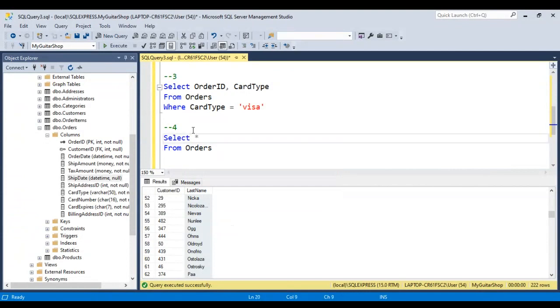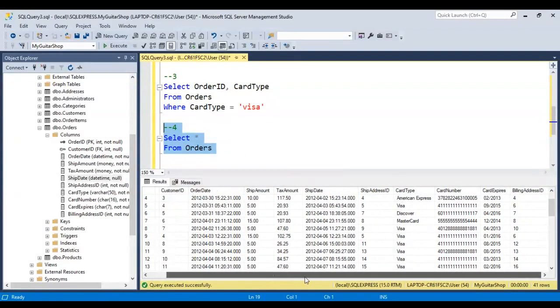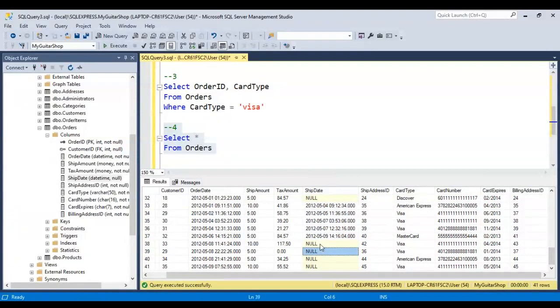So let's select everything, and I just want to see what the data looks like. And there should be a column on here named ship date, and there it is. Now, ship date can potentially be null. As you can see in the output, there are several null